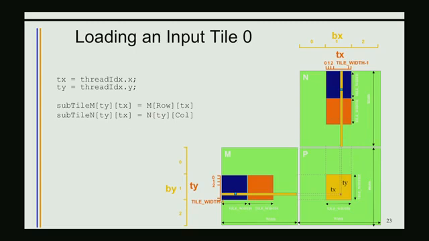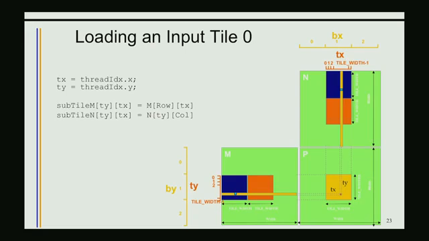We have chosen to do this in parallel, meaning each thread is going to load one element of M and one element of N. Okay, so there we go. Those are the two assignments: one element of M, one element of N. That said,